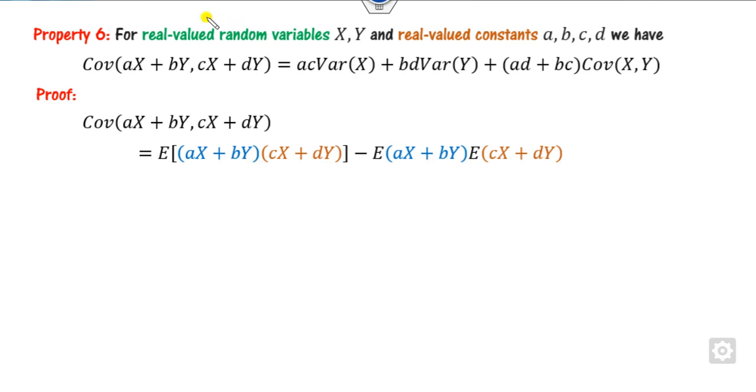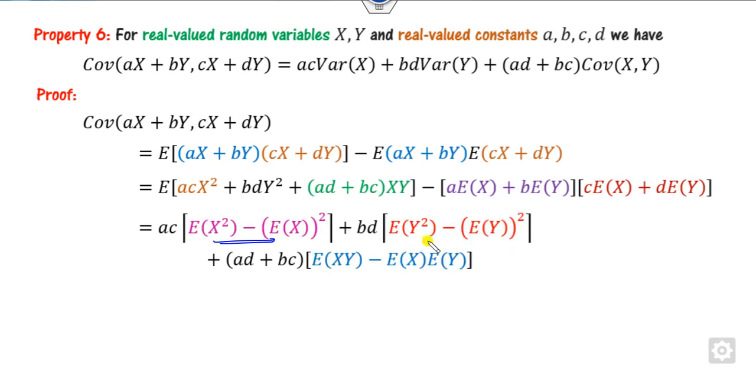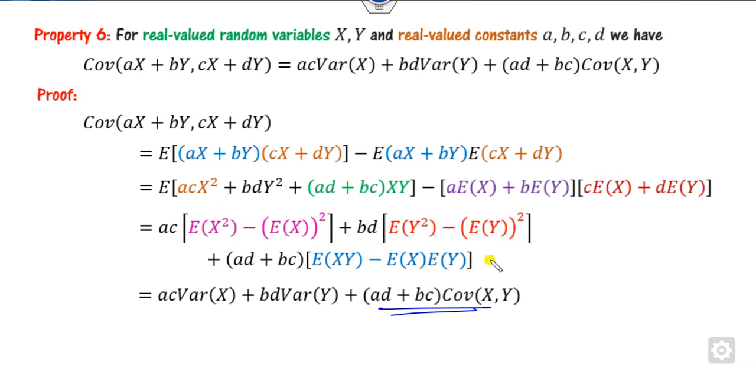That's again very simple. This is the same as before. What is that? You can simply say this is the covariance of x with x, that is the variance of x; of x with y, that is the covariance of ad; this is y with x, because yx and xy are the same, so I can write it as bc of covariance; and this is y with y, this is nothing but the variance of y. So we can start from here, we can open the bracket. Now we can take the pair of this, the x square, and I can take this into this, again the x square, and right here. Similarly for this, what is that? This is nothing but the variance of x, this is the variance of y, this is the covariance of x and y, which is the required proof.